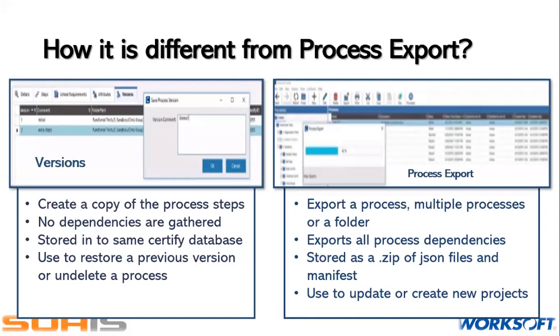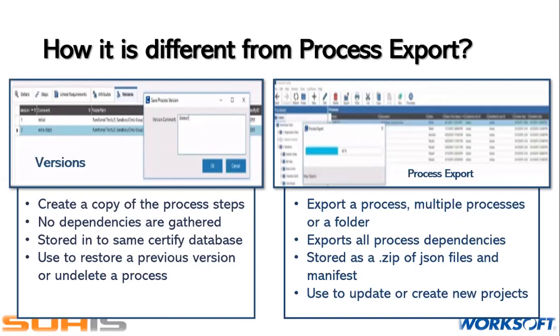With the process export, we can export a particular process. Again, we can export multiple processes, and also we can export at the folder level. If you want the whole folder, like I want to export my integration folder, we can export that. Whenever we export a process, it will export all the dependencies of that process.